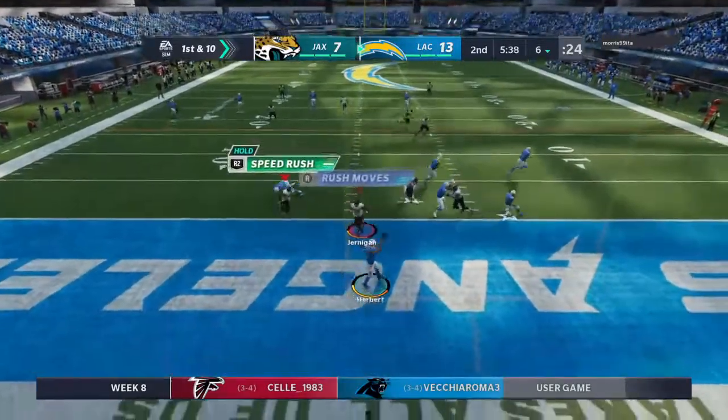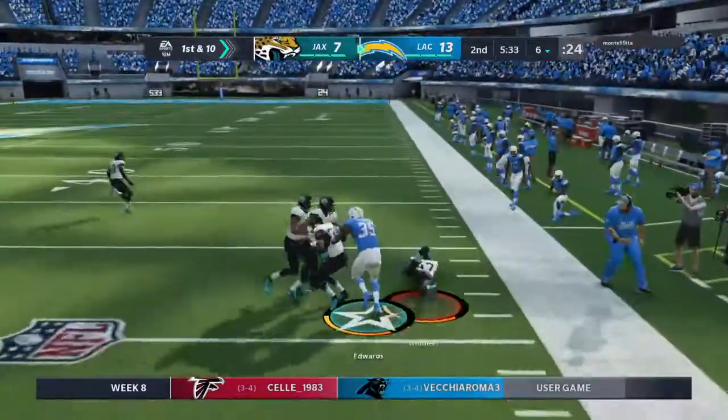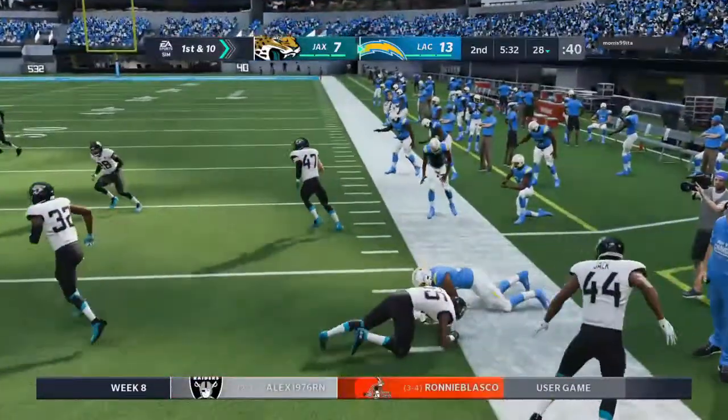After the turnover, here's Herbert. Oh, it's a screen pass. That's complete. He's going to have the first down past the 20. And he'll take this across the